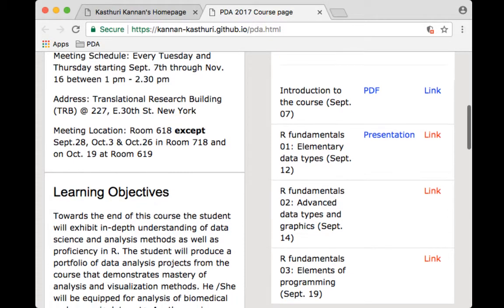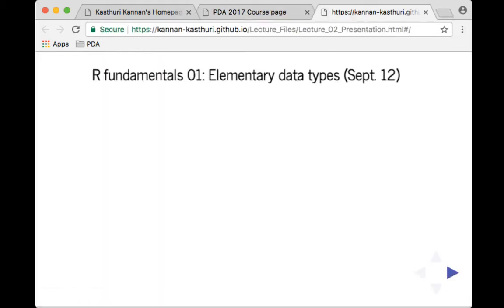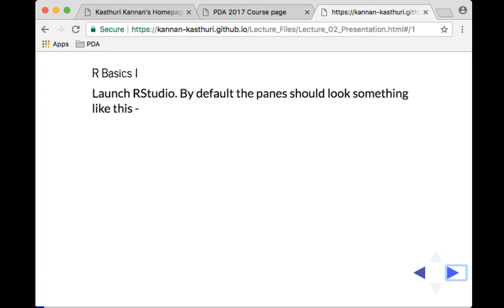So if you click on this presentation in R Fundamentals 01, click that link that says presentation, and I'm going to present it just from the web. Today's class is about elementary data types. We will be going over the very basics of R, and when you click on the next link,